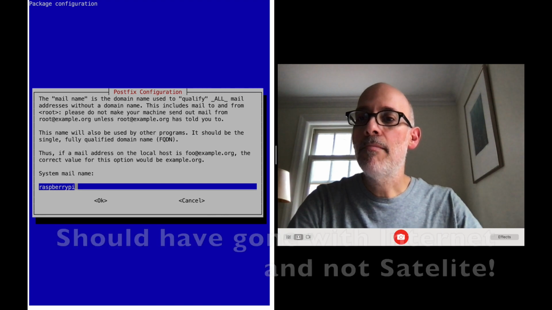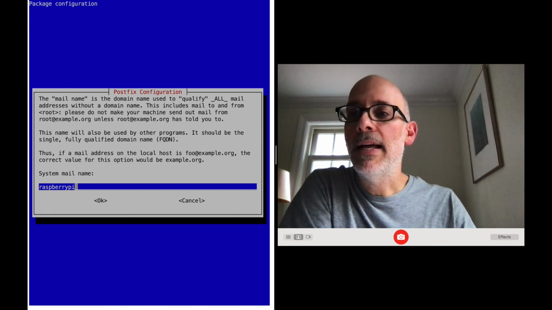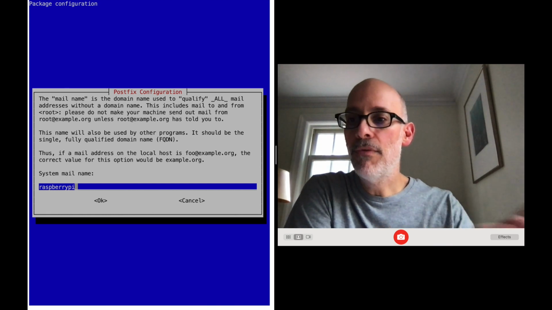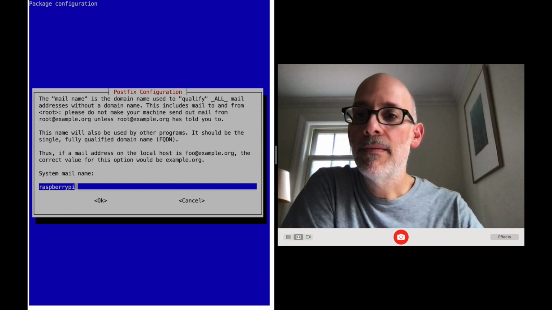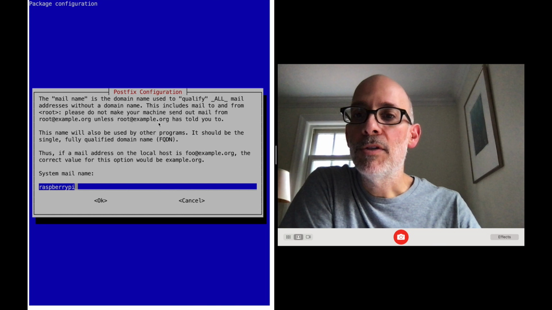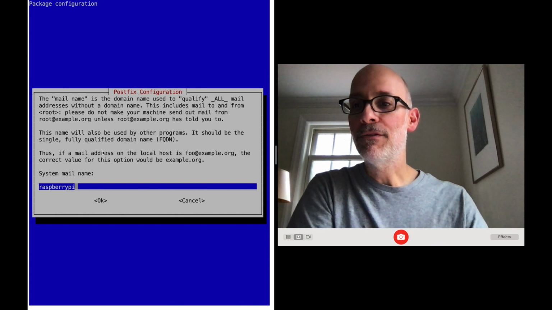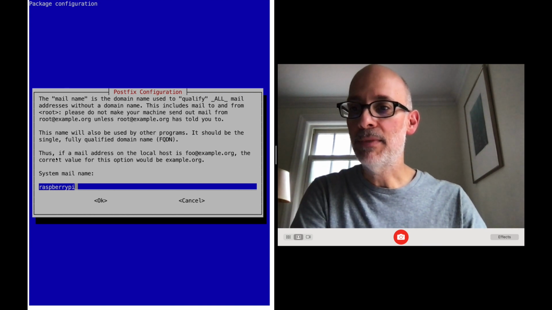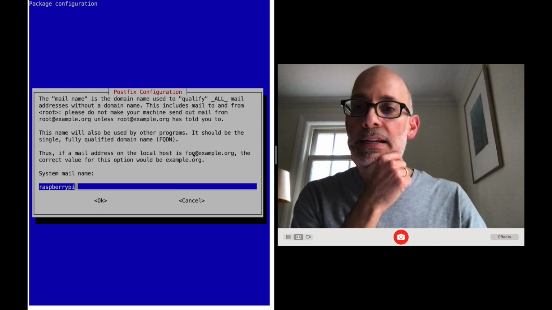System mail name. Mail name is the domain name used to qualify all mail addresses without a domain name. So if you just put something in like Ben, it'll add this on. But it just sort of says raspberrypi. Please do not make your machine send out mail from root@example. Yeah, that's super annoying. You get a lot of mail for root at whatever your domain name is because it kind of jams it everywhere. And in this case, people use this as an example. Okay, so